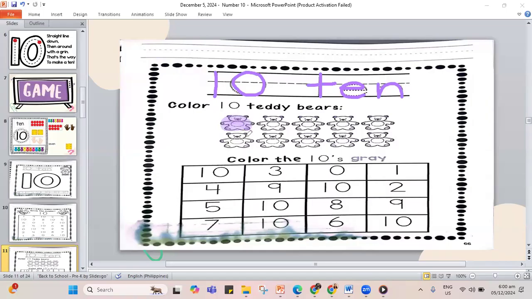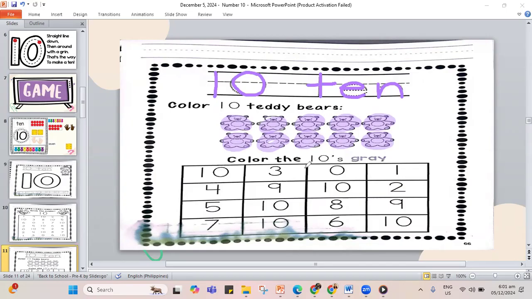Let's count. We have 1, 2, 3, 4, 5, 6, 7, 8, 9, and 10. So our number, friend, again, it is the number 10. We colored for 10 teddy bears.